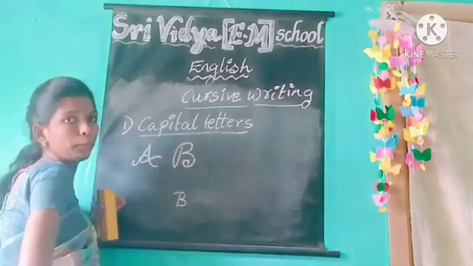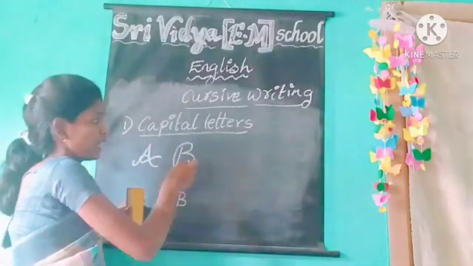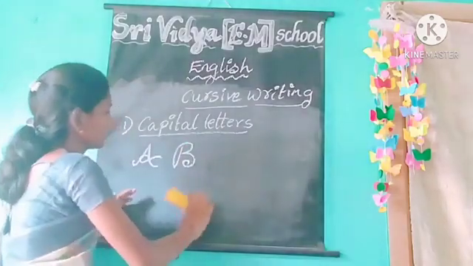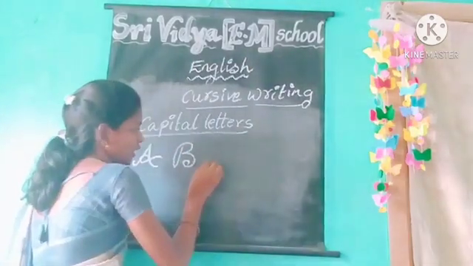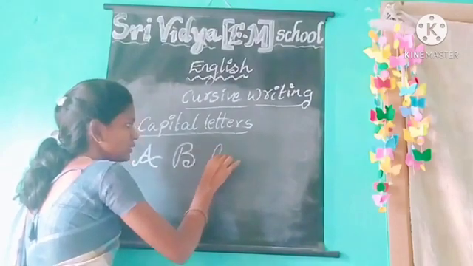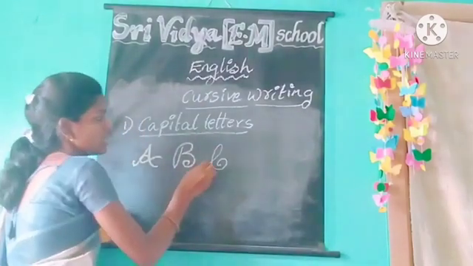This is the B. B letter should be started like this. The next letter, what is the next letter? C. C should be written like this. The C should be written